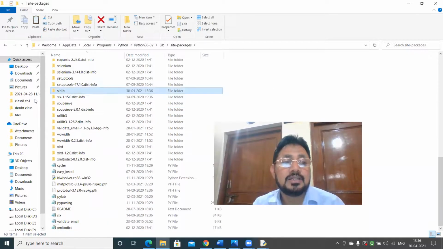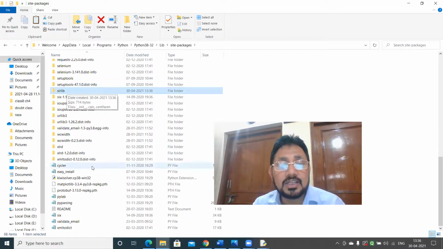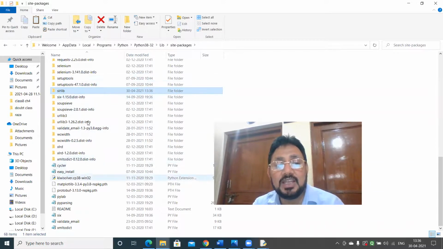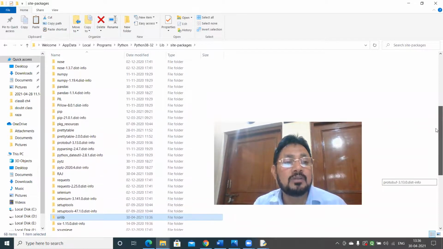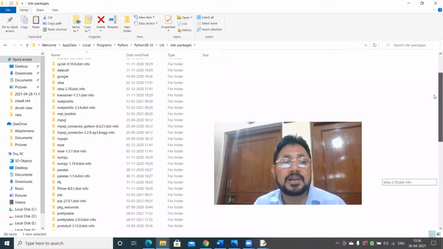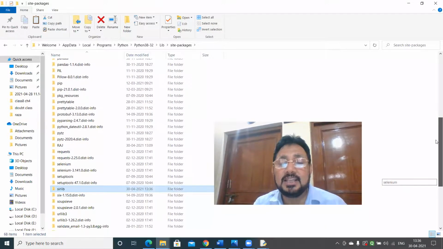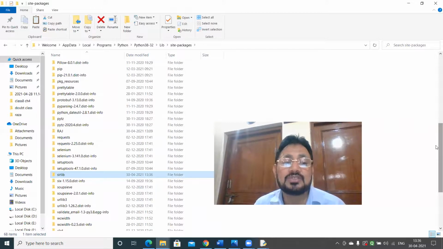What folder? Serlib. Now this site packages has many built-in folders or libraries: PIL, PIP, NumPy, etc. Everything I was teaching you is here. And in that location only I have saved my library, that is serlib.